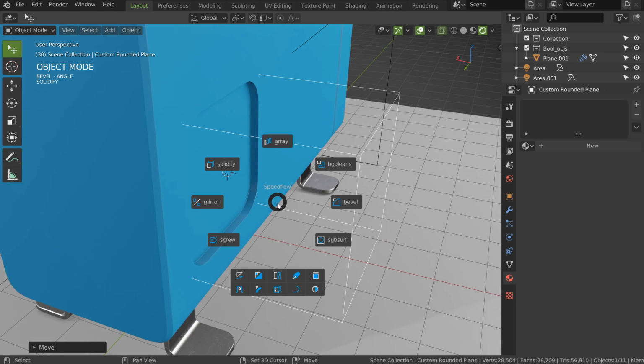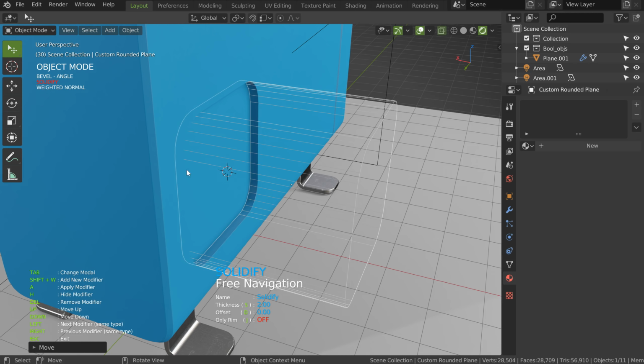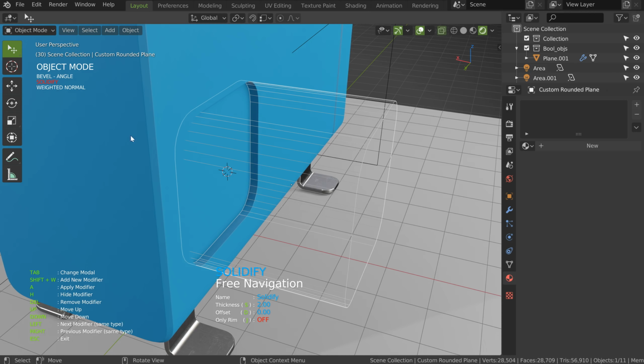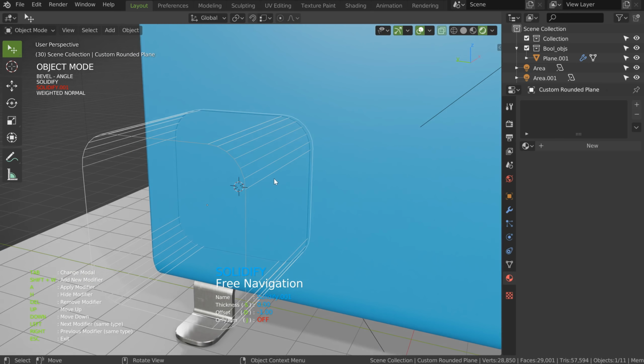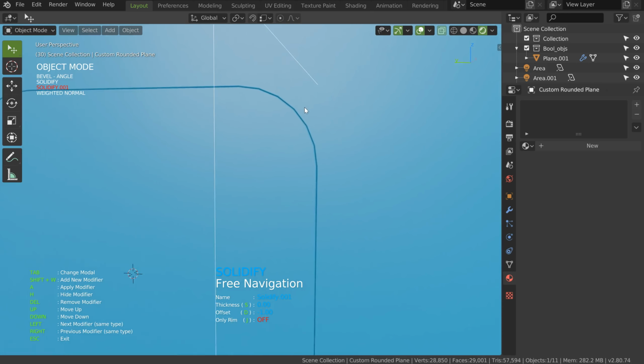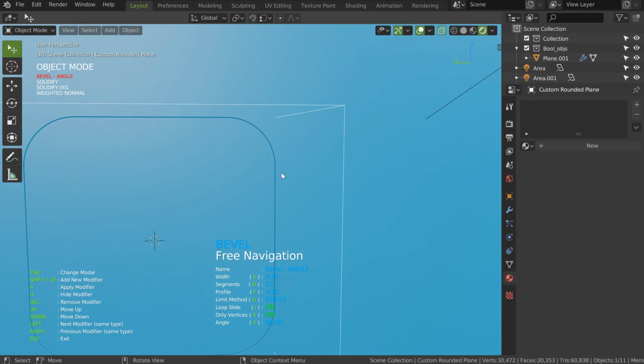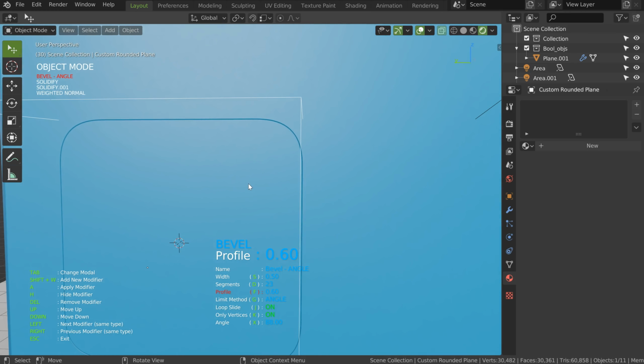And on this one, I will add a solidify. I will move the value. I will, in fact, there is already a solidify, so my bad. I will press Shift W to add a new solidify, and I will press G. And if you check, I'm sorry, you will have this result. But I need more segments, so I will come in the bevel and I will increase the number of segments just like that. I can even play with the profile like that. Okay.